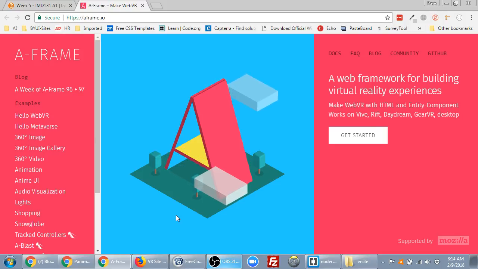Because this is still, I don't know if cutting edge technology is really the way to say it, but this is some new stuff. VR is here. It's amazing. If you've ever done PlayStation VR, like Oculus or something, holy crap, it's here. VR is here and it's amazing. But especially in browser, we're still kind of taking baby steps right now. So you can see down here it's supported by Mozilla. So anyways,